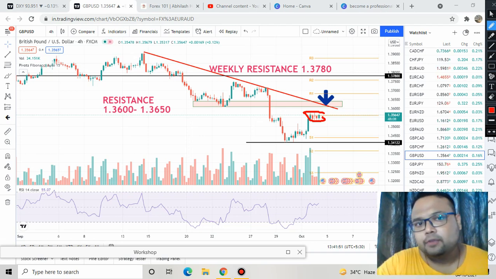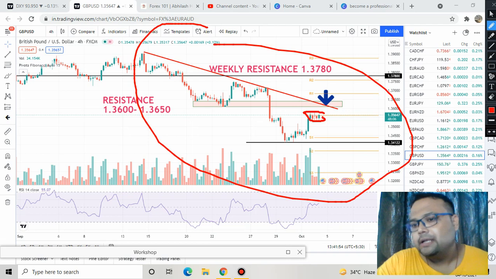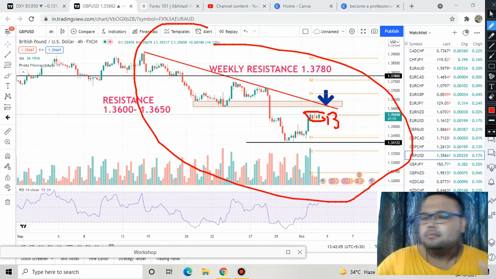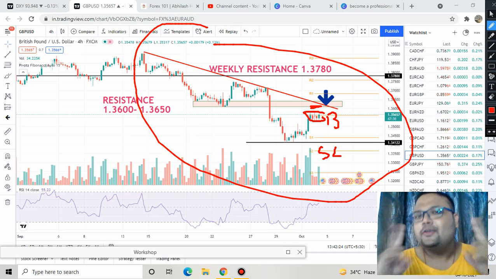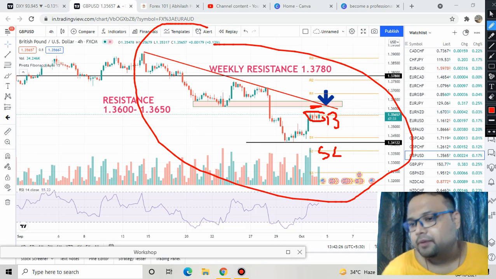If you look at the trend of the market here, there should not be any doubt that GBP USD is in a downtrend. And if you're thinking that you should go for a buy here, then my dear friends, going for a buy is not a good decision, because if you buy here, your risk to reward ratio does not match. Your stop loss will be here, and the take profit target will be the resistance at 1.3600. On the other hand, there is no logic of shorting the market here, so it is out of the question. So the only trading opportunity that I already shared in my previous video is this particular level,